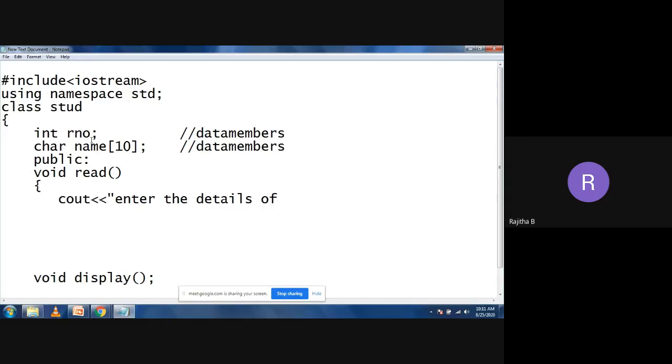We have two statements here. In a C++ class program, we are using only two statements: the definition of the function, then how to call the function. When you are defining the member function outside the class, we have a declaration also. Now let's see this one. I'm taking the void read function. I'm not using any semicolon. Why? Because I need to write the code. Whenever you want to write the code, simply omit the semicolon after the function name. So open the braces. I'm taking a cout: Enter the details of students.